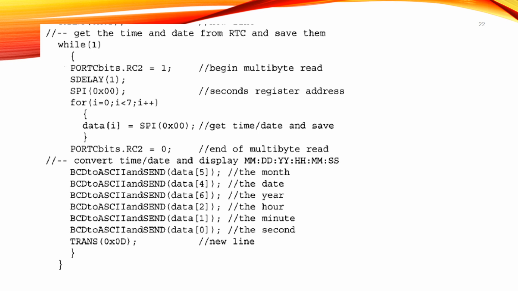So second, minute, hour, year, date, month. Our format is MMDDYYHH. So accordingly we have a total of 6 such display bytes, and for that the conversion is done, trans 0x0D.